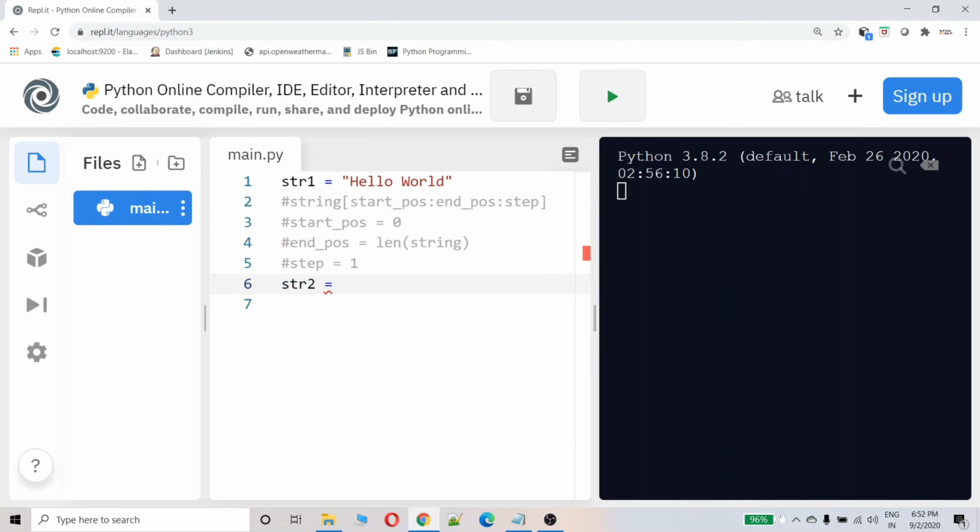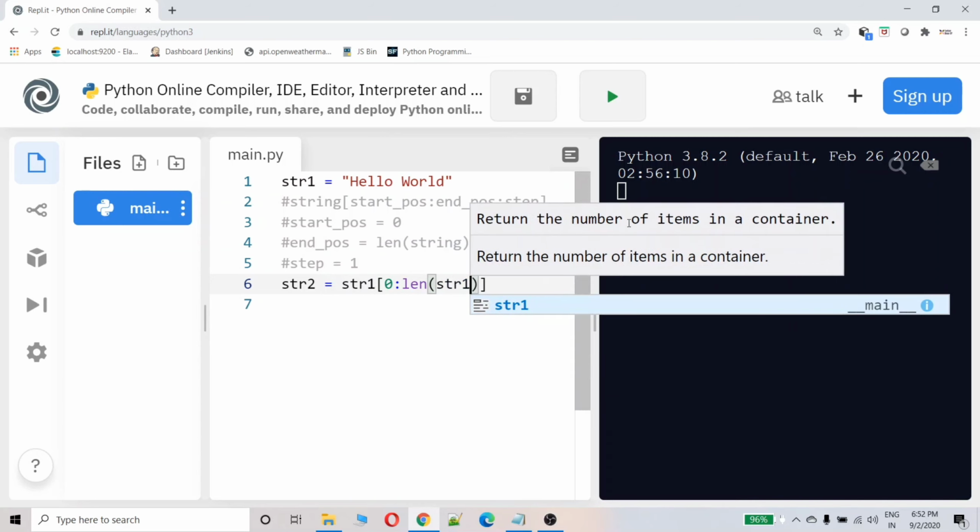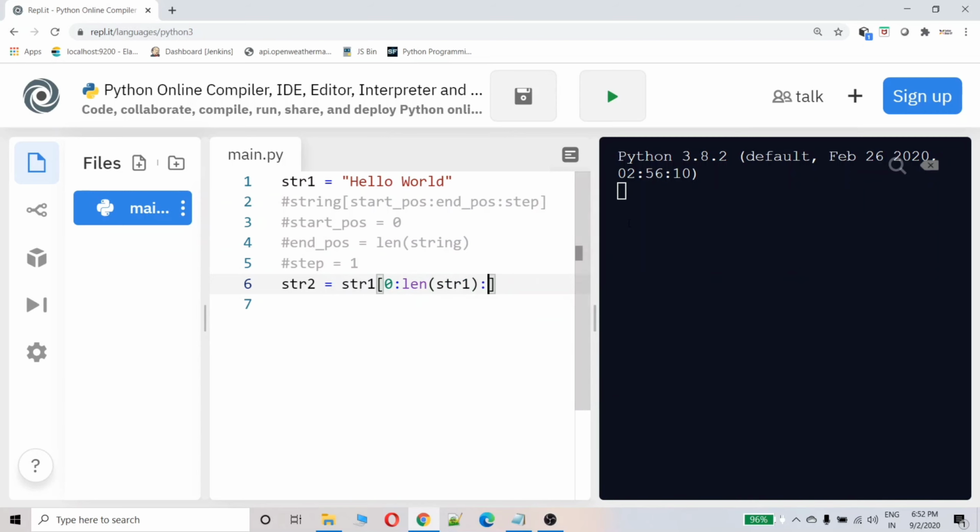That means if you want to copy string 1 to another variable, let's say string 2, then you can write like this: str1[0:length of str1:1]. Let's try to print str2. str2 is hello world.